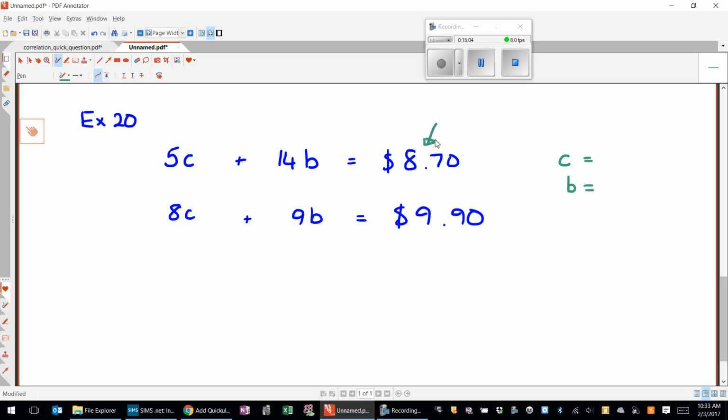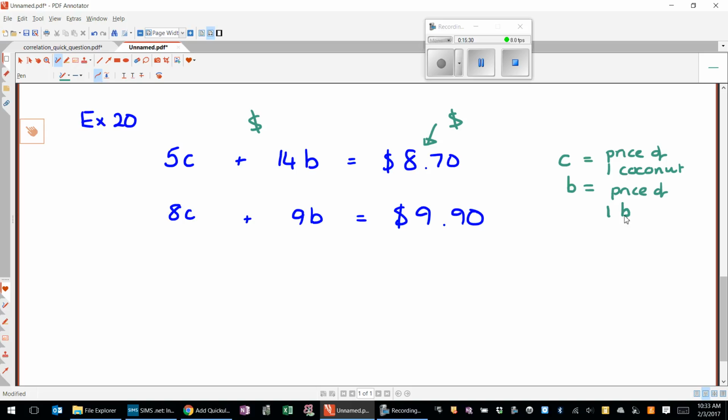Therefore, there must be money on this side. Yeah? There's dollars on that side. Where are my dollars on this side? Okay. So C is the price of one coconut. B is the price of one